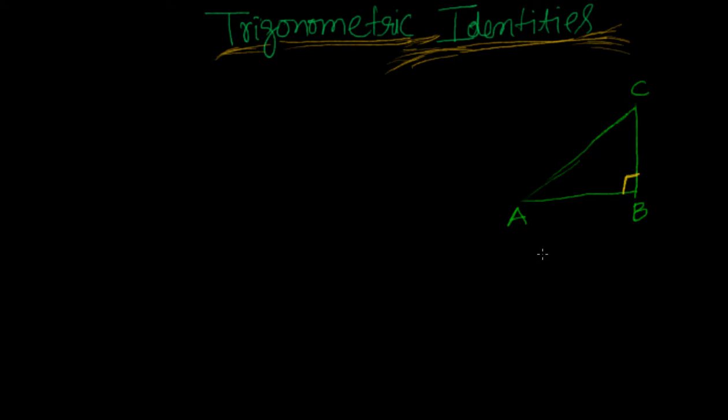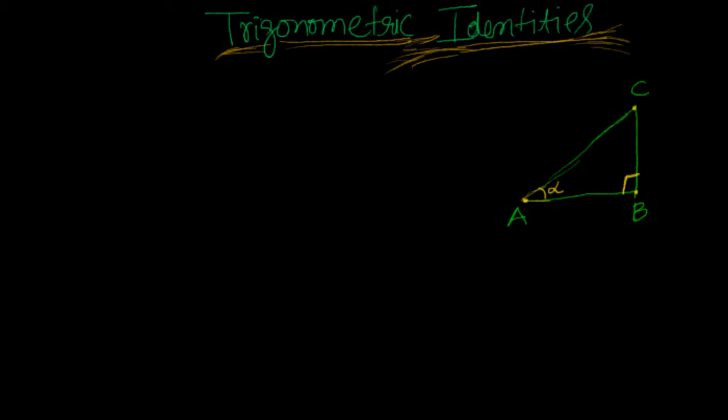Okay, what else we can say? So what we know from a right angle triangle, let us say this angle is alpha. I am taking this angle at A as alpha. Earlier you used to say angle A, sine A. That means you don't know exactly the value, but you are saying at the vertex A. Now I am taking the value as alpha. Now let us see what we know about the trigonometric ratios.